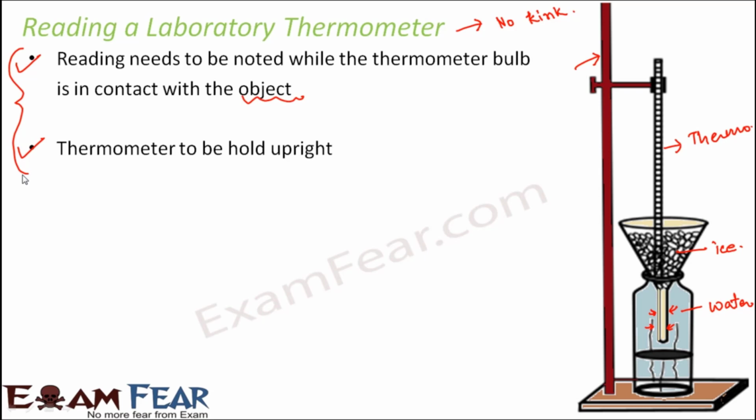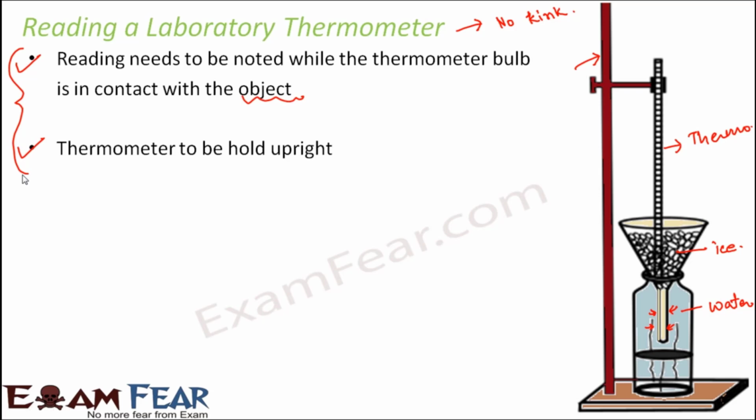Now, as soon as you do that with the laboratory thermometer, your mercury level is going to fall back. So you are not going to get any temperature. So laboratory thermometer is not going to work as a clinical thermometer, even though it has the temperature range of human beings, but it cannot measure the temperature of human body.